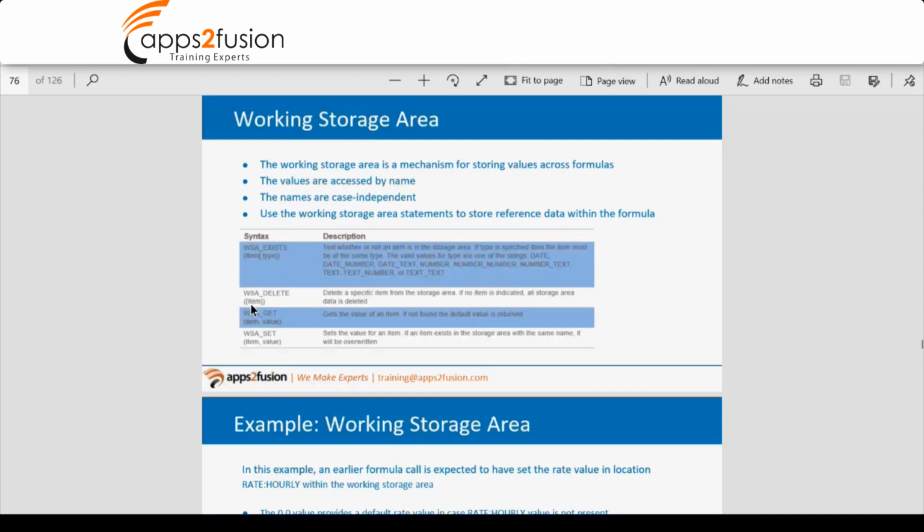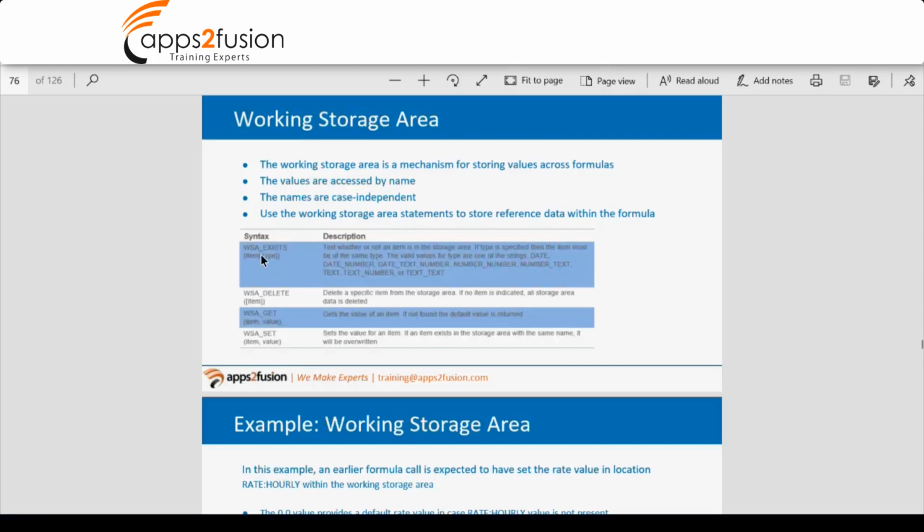We'll see the syntax of the working storage area, and a working example of how exactly it works, right? The first thing is the syntax of WSA. There are a total of 4 syntaxes that we need to note. The first one is WSA exists. This function checks whether a value exists or not.